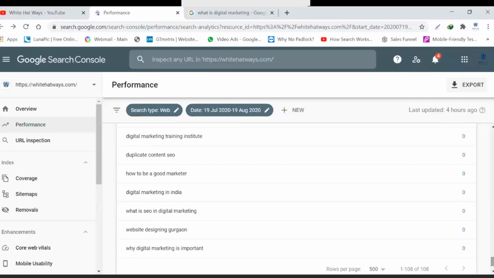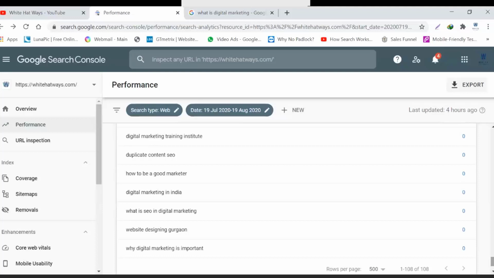This is the search query. People are looking for something like that. People are typing it in the Google search engine. Obviously they have something arousing them to type it, and obviously they are craving to find the information on why digital marketing is important. So what can I do?